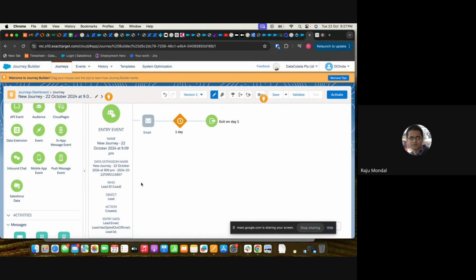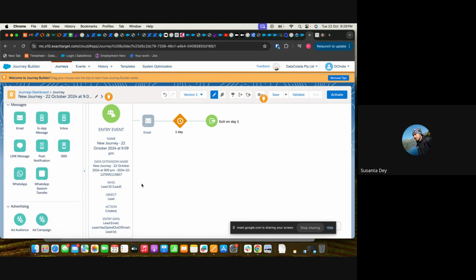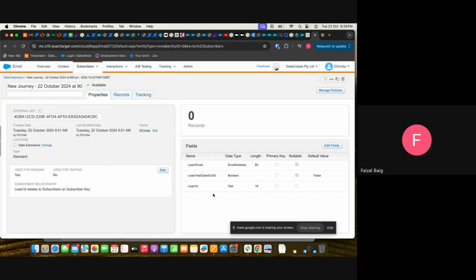Now, one more thing we are working on: after storing the data collected from this website, once the lead gets created in Sales Cloud, automatically that record will be added here in the data extension.